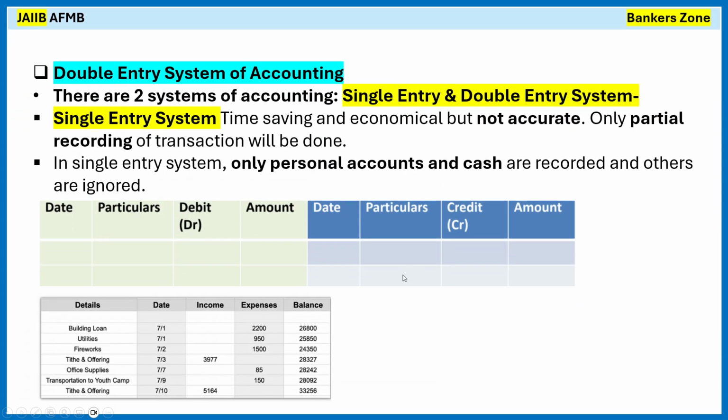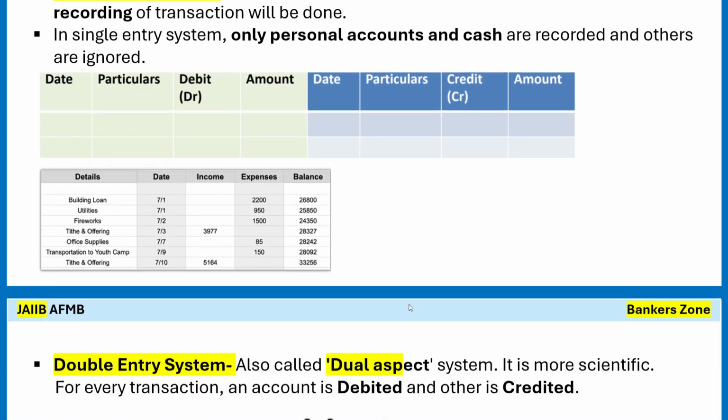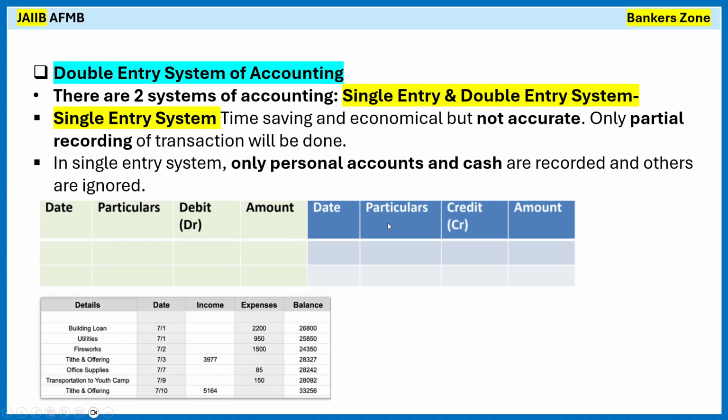Next, what we have to learn about is the accounting system. See, basically there are two types of accounting: single entry and double entry system. Okay. So what do you mean by single entry and what do you mean by double entry accounting? See, currently we are following the double entry accounting, right? The double entry system originated in Italy, right? We learned it previously, right?